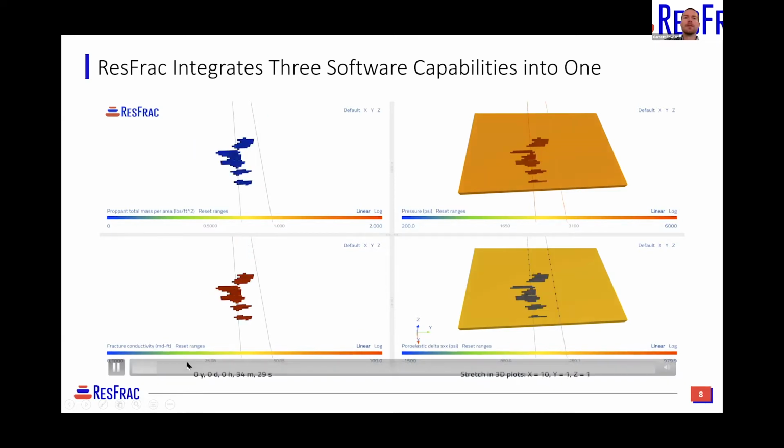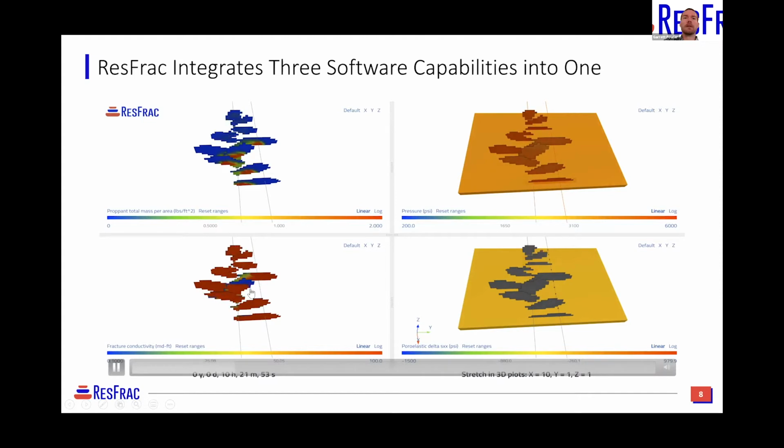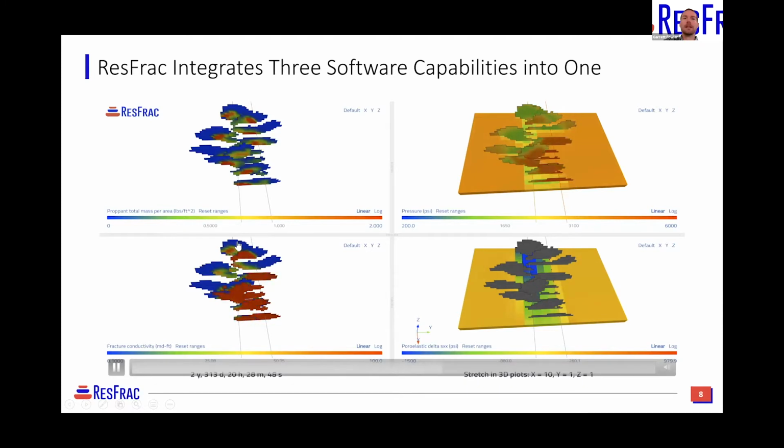So if we play the video again, we can see that initial parent frac, high conductivity, and then as those fractures close, the conductivity is going to remain in the propped portions. Now we are fracturing the child well, and we can see the asymmetric propagation. So if I come back in time to just before the child frac,